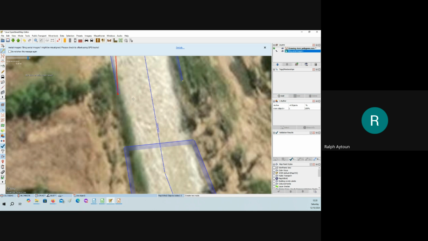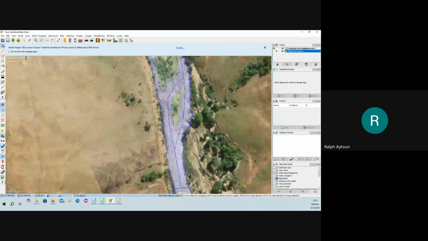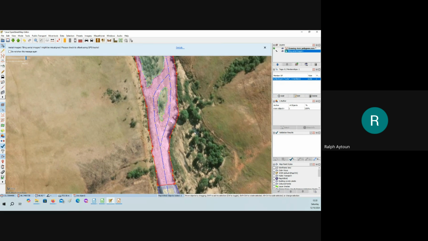So I use my A tool, A, and I take it across and I click on the node of the previous polygon. I take it straight across and I click on the node on the other side of the previous polygon and I connect it back up to my polygon, and there we have it, right?